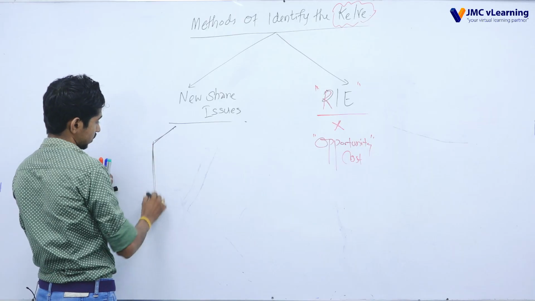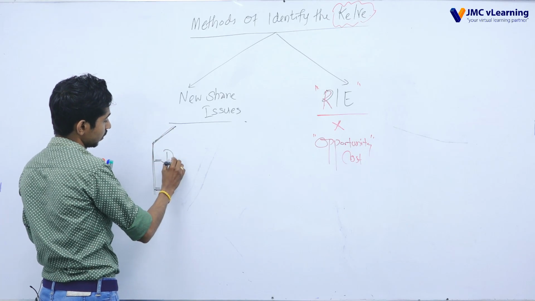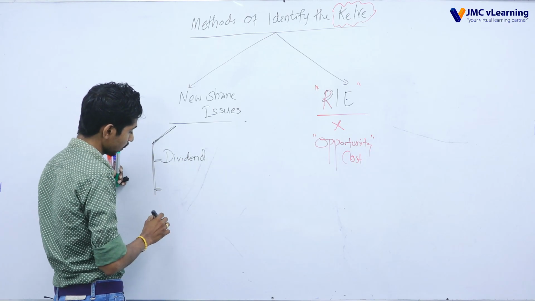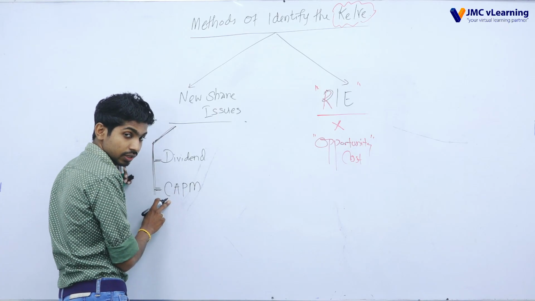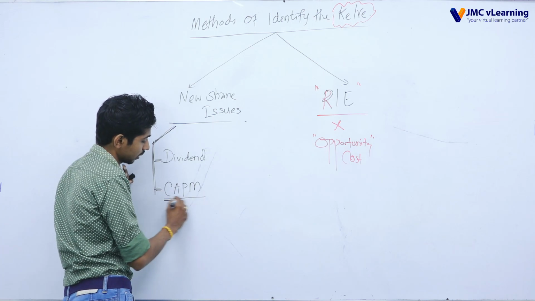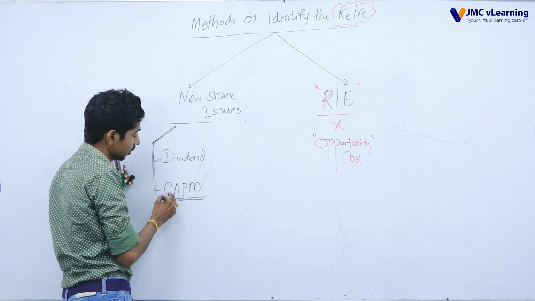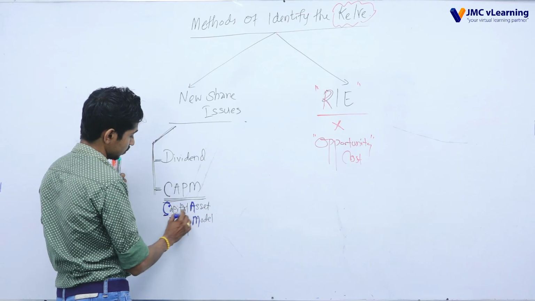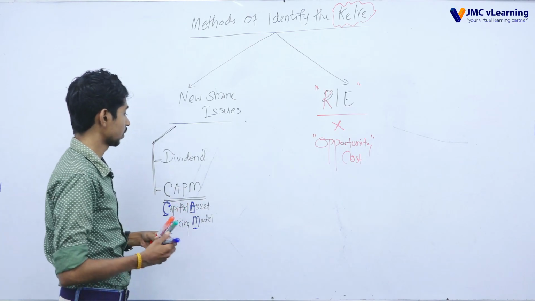there are two methods: one based on the dividend, as well as the CAPM. This technique has still not been tested in our exam. Capital asset pricing model. Capital asset means the ordinary share capital is a capital, no? That's why we use it in the CAPM. Under this technique, we have to calculate.